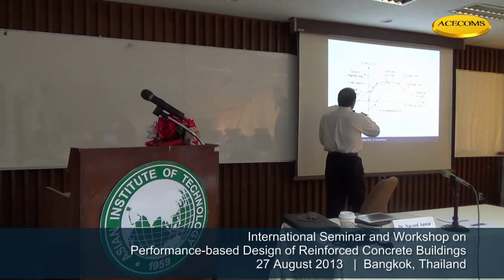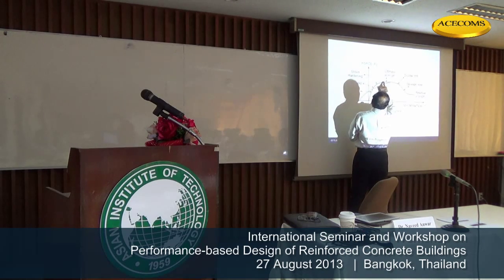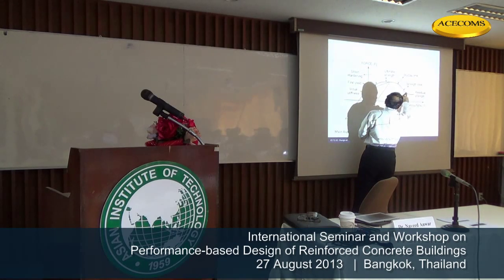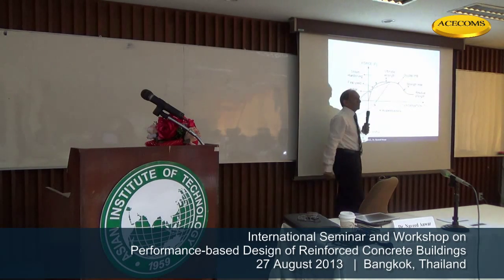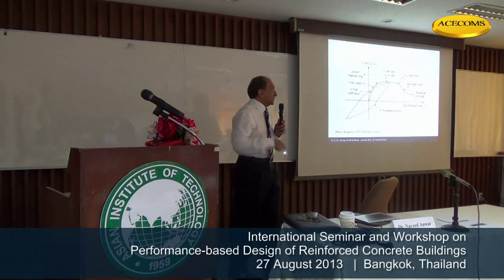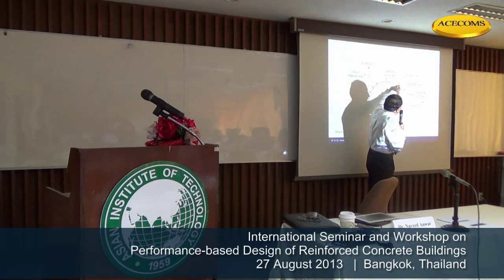So you can see that if you start from here, initial elastic stiffness, first yielding, then strain hardening, then ultimate strength is reached, ductile limit, strength loss, residual strength. This is the typical scenario in a member. This is what happens if you load it in one direction and keep on loading it until it